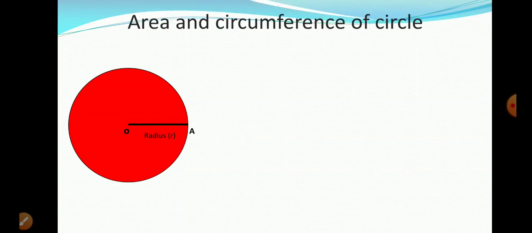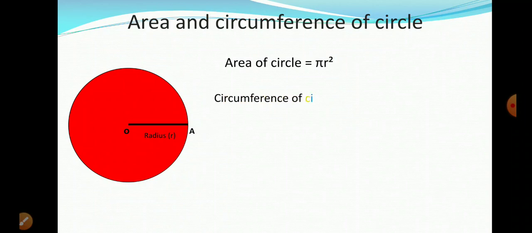Now area and circumference of circles. We have learned and used these formulas in our previous classes. Now we will revise these formulas again. First of all, area of circle is pi r square, where r is the radius. Circumference of circle means boundary of the circle, 2 pi r. Circumference means the boundary, that is the perimeter of circle, and